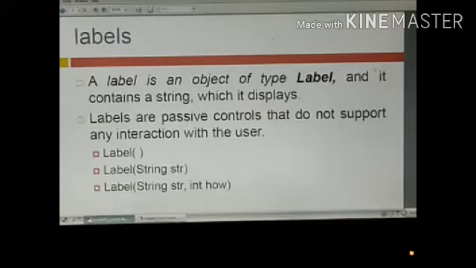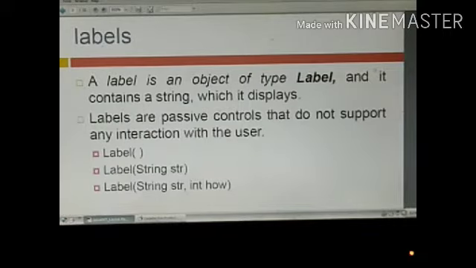So here it is a label and it displays the string or the name of the label. Labels are passive controls that do not support any interaction with the user. So we can't click it, we can't do any event upon that.